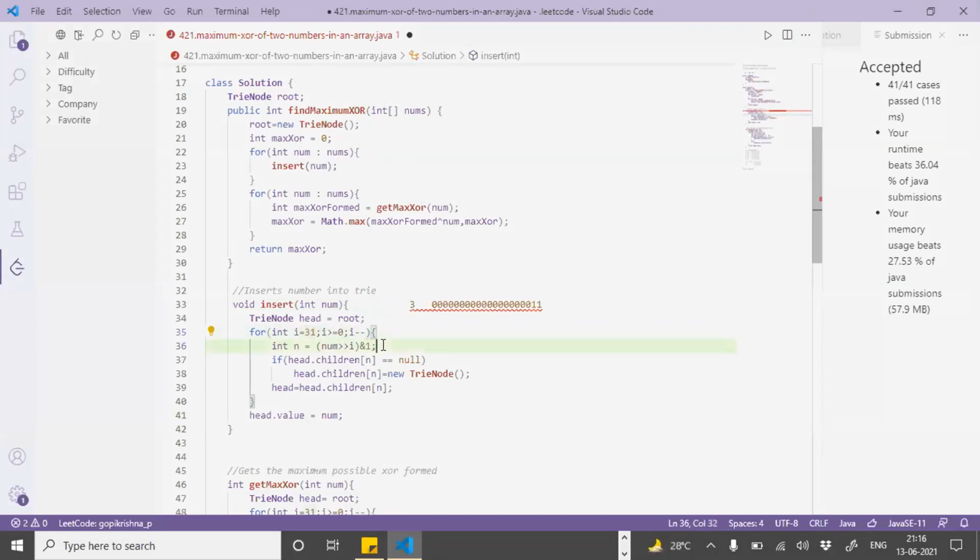So we'll find out the most significant bit, whether it is 0 or 1. Let's say in the case of 3, we have the value as 0.